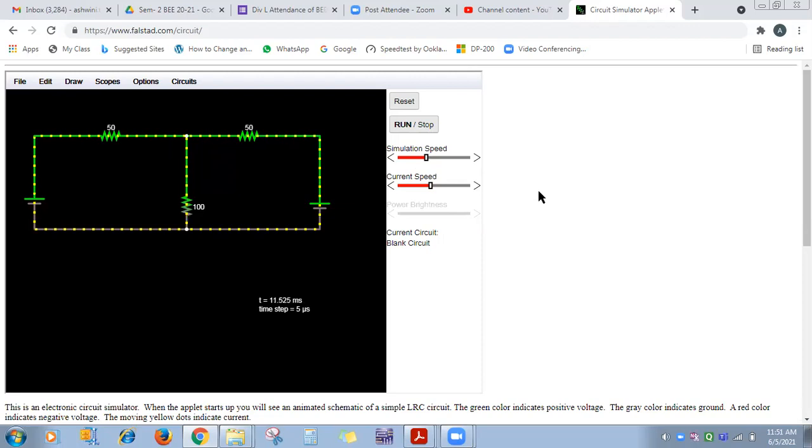So here I have designed a circuit with E1 and E2, with the values I have selected, and you can see the dots are moving through R1 and R2 in clockwise direction. What does it mean? Current flows through R1 and R2 in this circuit in clockwise direction, the conventional direction of flow of current. Is it visible to you? Okay, dots are moving in clockwise direction through R1 and R2.